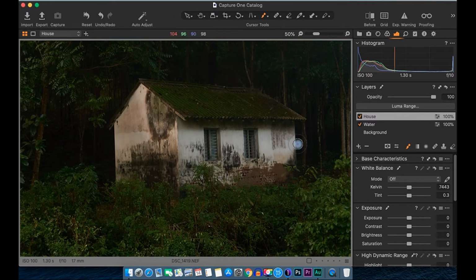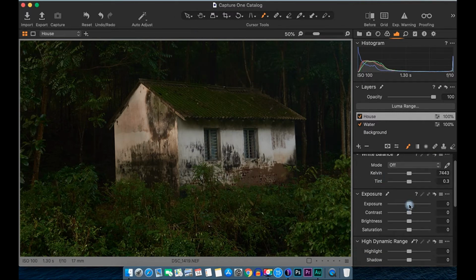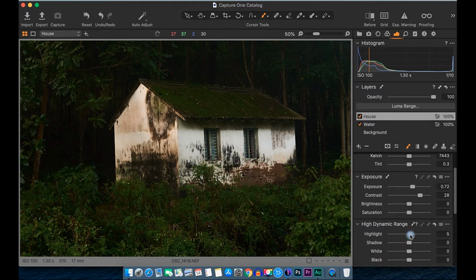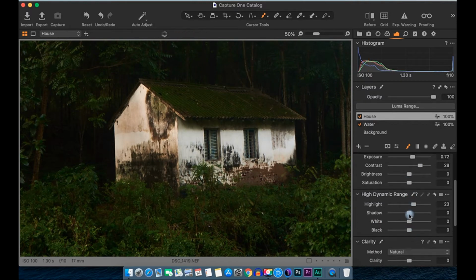Now I'm going to increase the exposure on the house a little bit and give a significant amount of contrast. That will darken the dark areas and brighten the bright areas, so we'll get a nice pop on the house. Again we'll increase the highlight a little bit and darken the shadow a little bit, so it will take care of these edges.